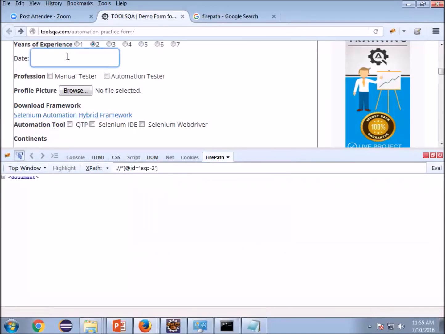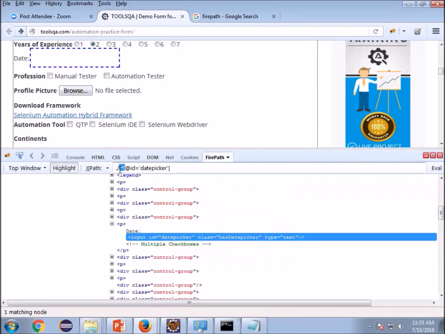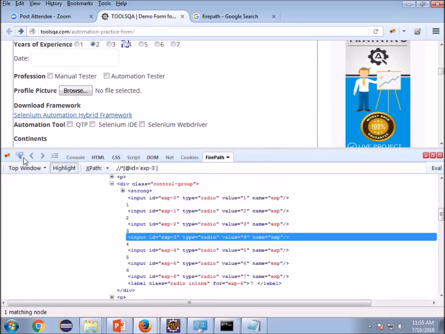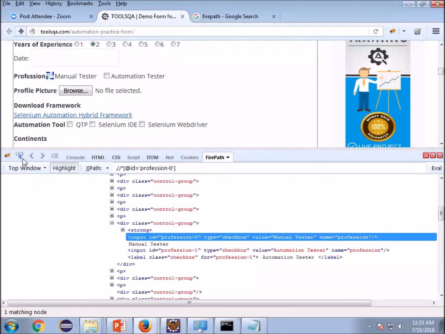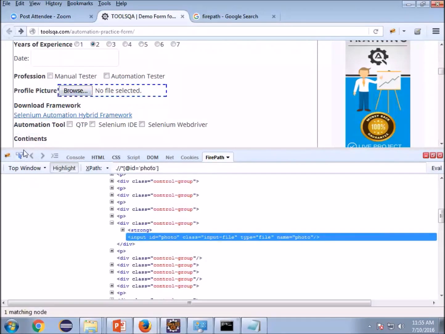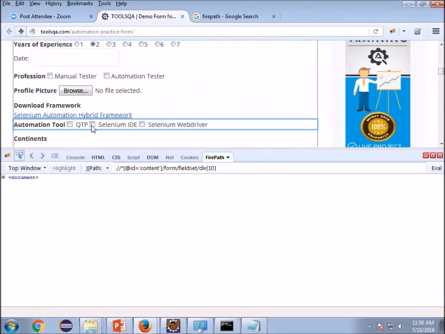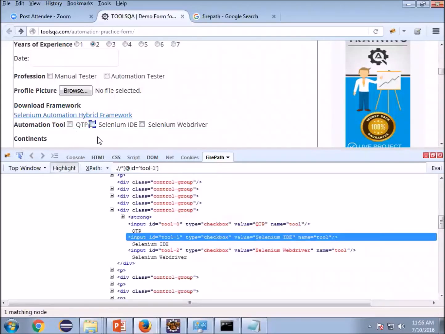And if you are still getting something problematic, then try to write your own XPath. That is the case where your Firepath might fail. It will not fail 99%, it will give you the correct one, but sometimes it fails. See, I'm locating many elements, it's not giving me a bad XPath or any issue. Hope that answered your question, Seema.